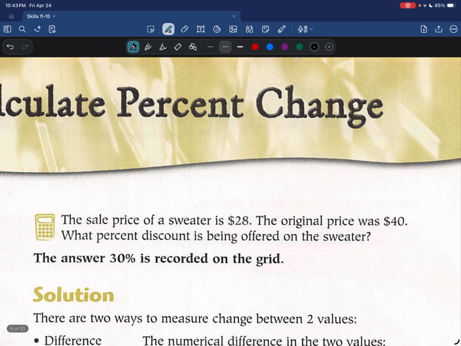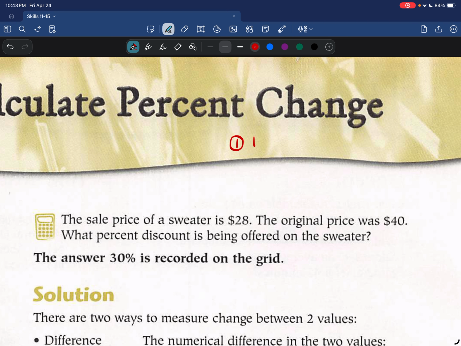So I'm going to give you the basic formula for percent change. The first step is to find the difference. Now, you might be thinking the difference of what? And that can vary depending on the problem. So for just now, let's put find the difference. Step 2 is to set up a proportion. Let's do it this way,